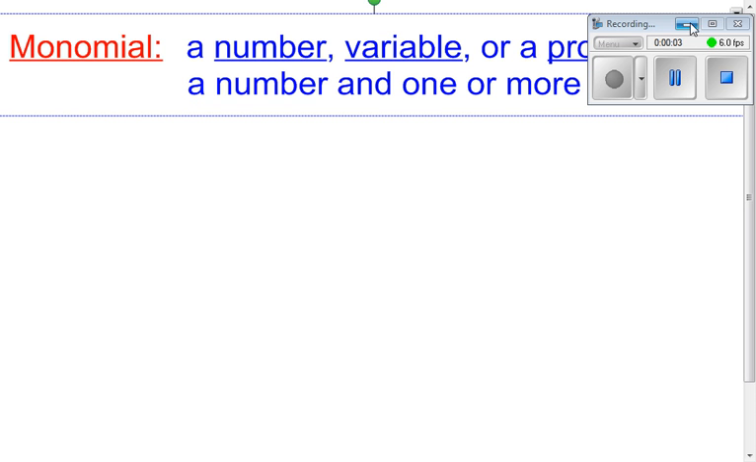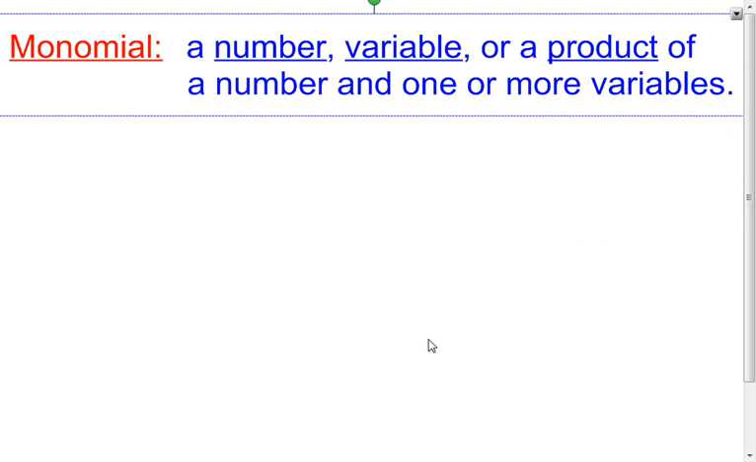In this lesson, we will be looking at multiplying monomials. So first of all, we need to remember what a monomial is. A monomial is either a number, a variable, a letter, or a product. Product means that you're multiplying variables together. So it's either a number, a variable, or a product of a number and one or more variables, and that